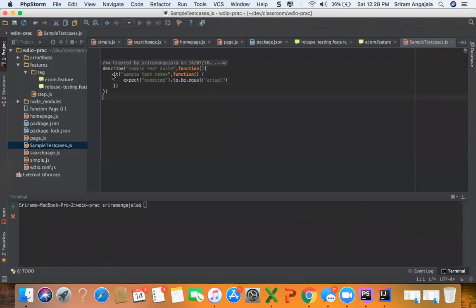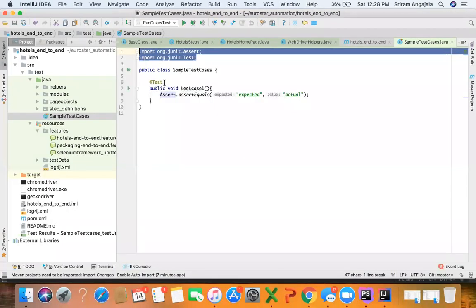Now see this. Here you can see that this describe and it are nothing but this @Test. Who is giving that in Java? In Java, it is given by JUnit. In JavaScript, that